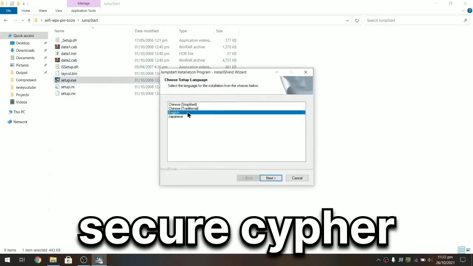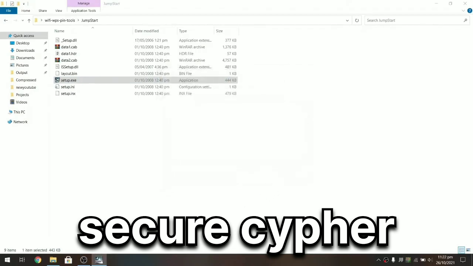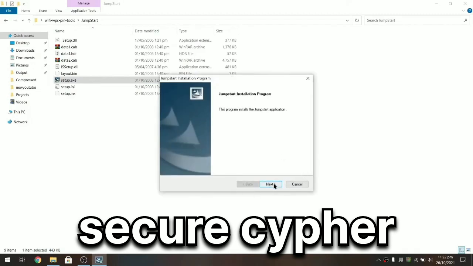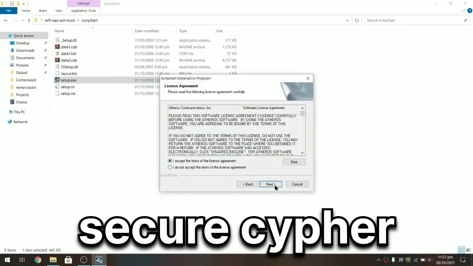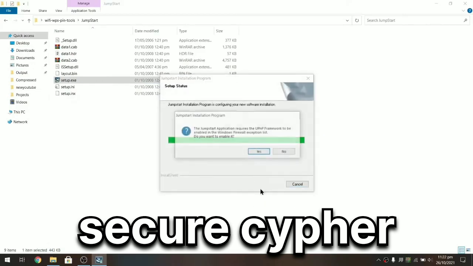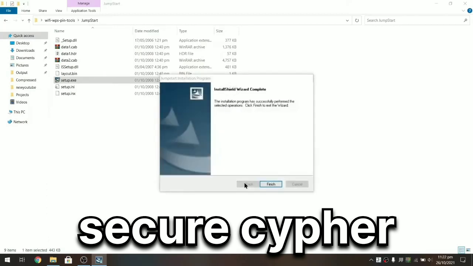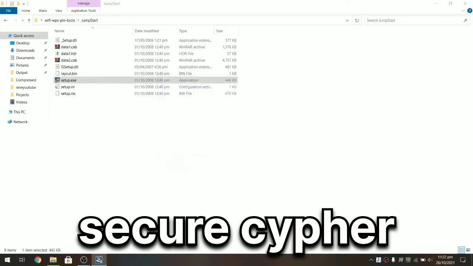So when jumpstart is open, you have to select English or your desired language. Click on next and just simply install it as other software is installed. Simple. Click on next, and then you must click on yes to allow the permission, and then the installation will finish. So you have to click on finish now, and you must